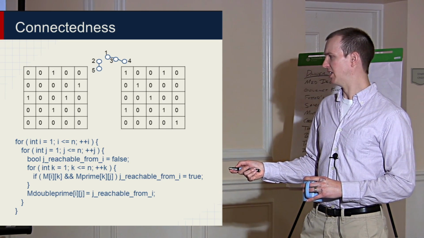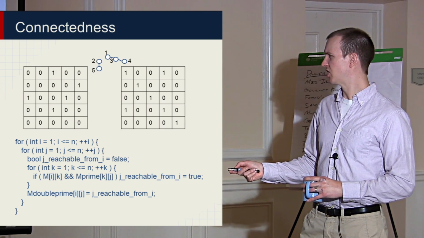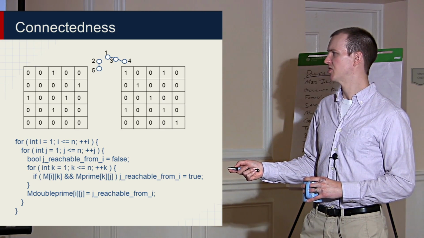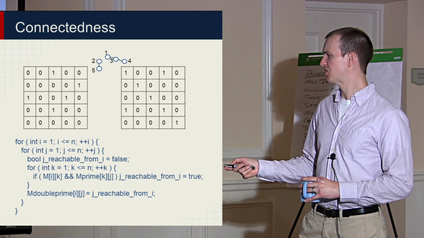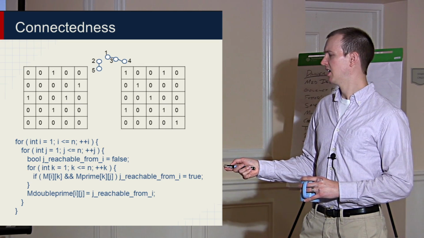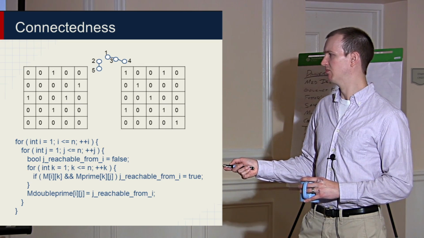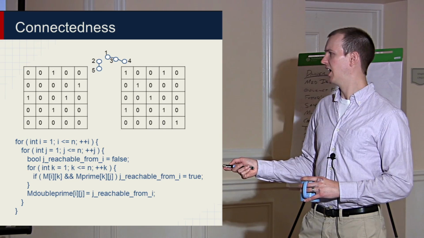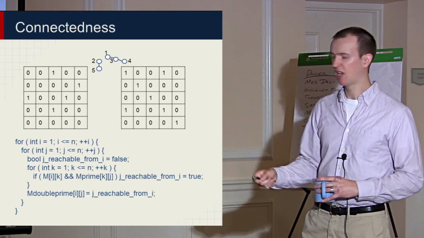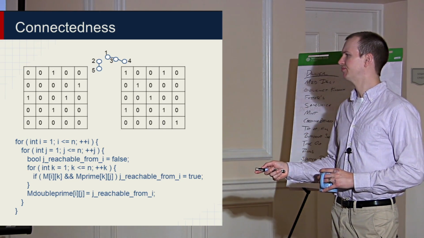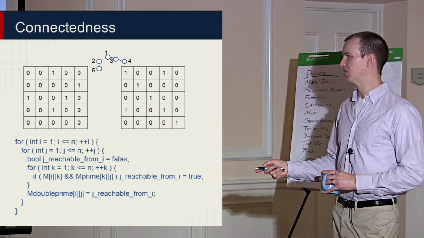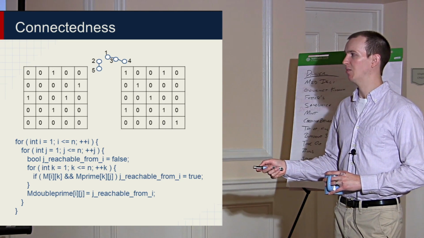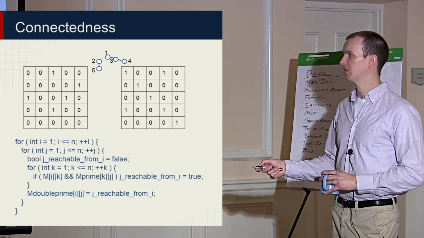And so M is maybe the current adjacency table. Sorry, this is the original adjacency table. So I and K have to be adjacent. And then M prime is some representation of whether I can get to J from vertex K in some number of steps, in some countable number of steps. And then if that's true, if this dual condition is true, then I'll say that J is reachable from I,